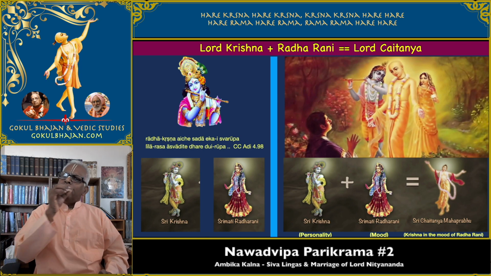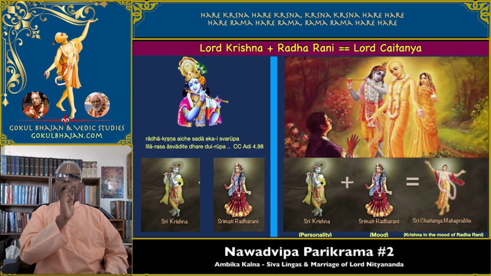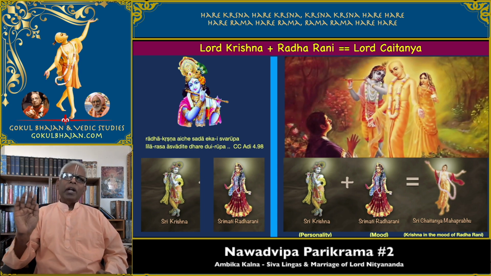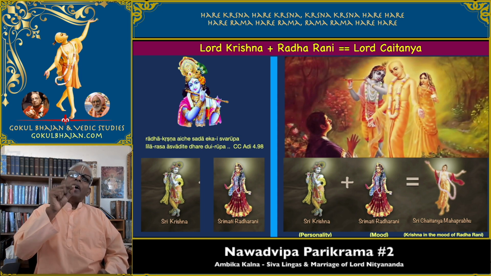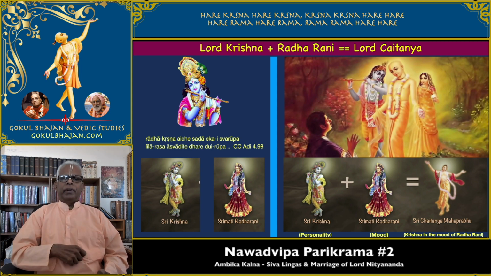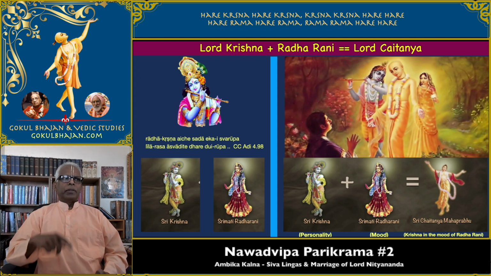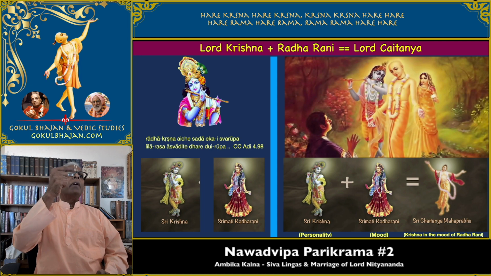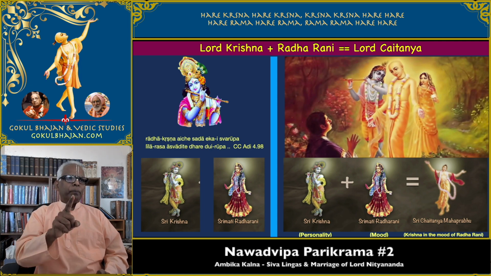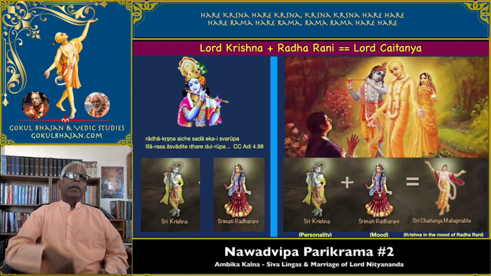So now, let us come to the Navadvip Parikrama. Now Lord Krishna and Radharani combined is Lord Chaitanya Mahaprabhu, that we have all talked about many times. But the appearance of Lord Chaitanya Mahaprabhu is so unique that he comes only in the Dhanya Kali. That means the Kali Yuga that follows the Dwapar Yuga, where Swayam Bhagavan Krishna comes. Not the avatars and all those. No. The Swayam Bhagavan Krishna comes only once in a day of Lord Brahma, which is 4.32 plus 4.32, that is 8.64 billion years actually.